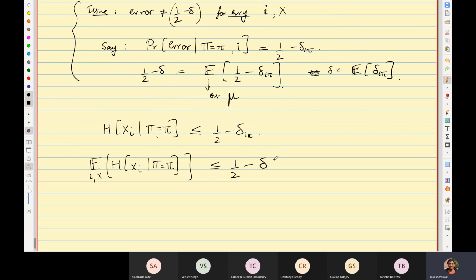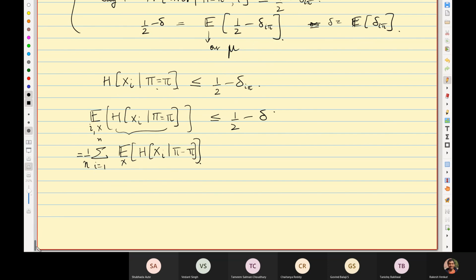Is less than or equal to half minus delta. And this thing is the expectation over I, where I is uniformly randomly drawn. And therefore, this is just the sum over I equal to 1 to n of 1 over n, expected value over the input distribution. Okay, but averaged over the input distribution for a fixed I, this is nothing but